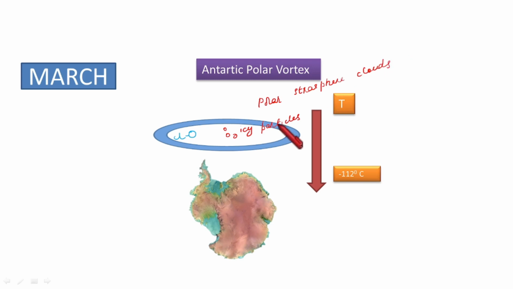As these reservoir molecules bind with the icy particles, the chlorine atoms get free from the reservoir molecules and accumulate in this area. But this time they will not interact with the ozone molecules present here, and they are not depleting the ozone layer in this area. And by the last period of August,